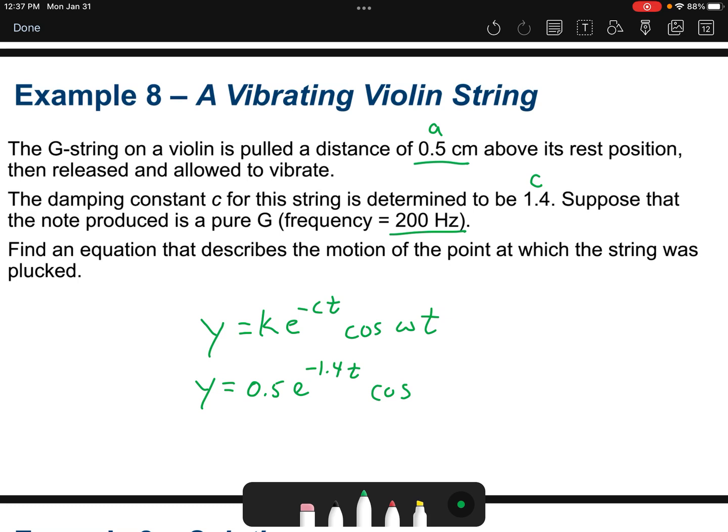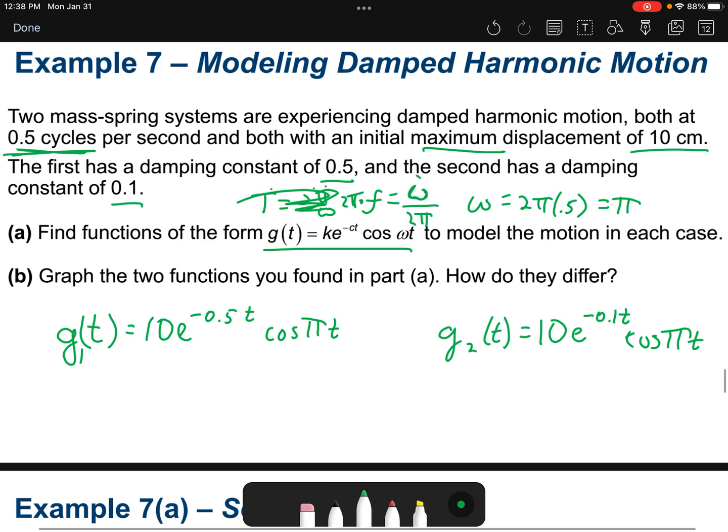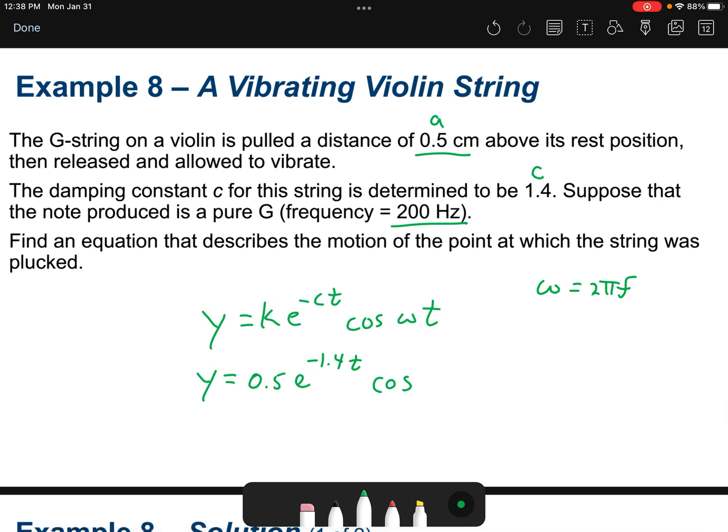And now we've got to find omega. But omega, remember, is 2 pi times f, like it was up here. 2 pi times f. So that's going to be 2 pi times 200, so 400 pi t. And that would be our string. Okay, so that would be the equation of our damped motion of our vibrating violin string for the